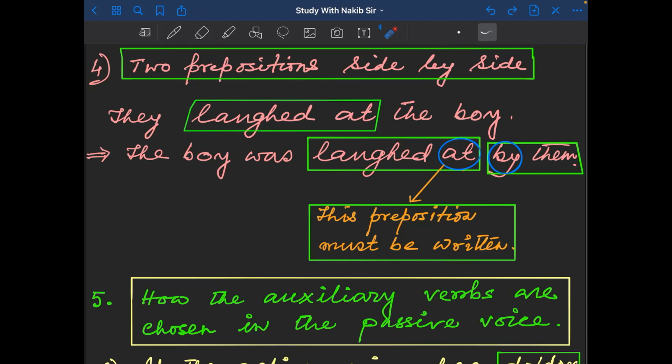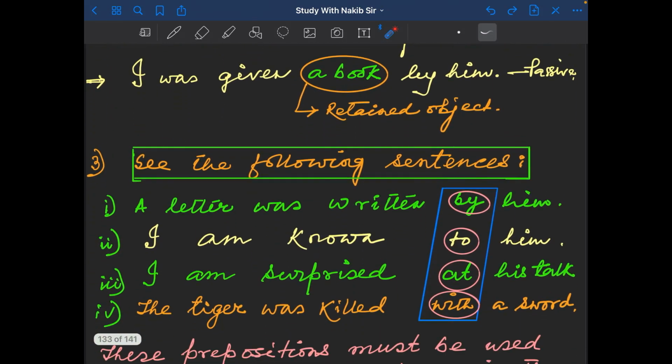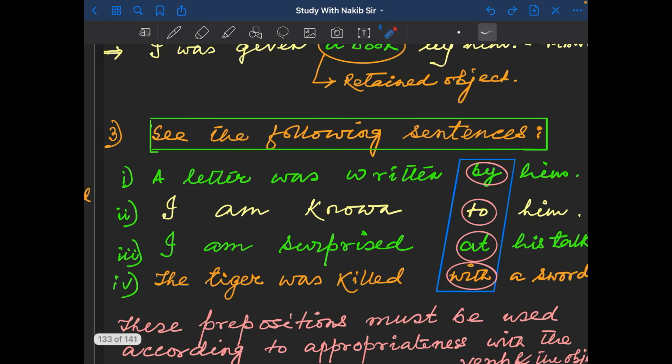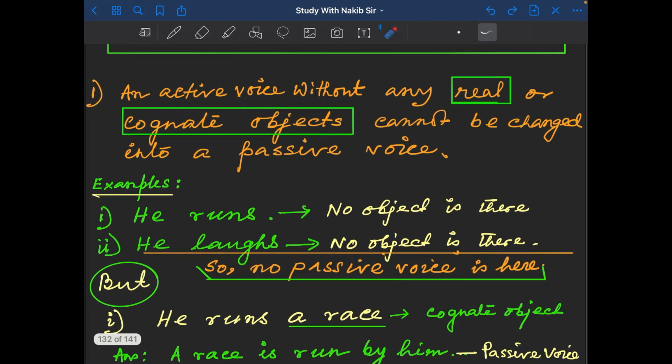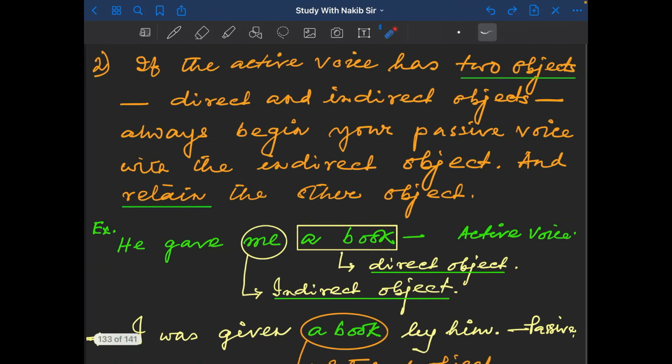One question and its answer you have got, and here you have got the answer with two objects and a retained object, and here you have got the question with different prepositions at the place of "by". Here you have got the question with different prepositions used before the object at the end in a passive voice. And at the beginning the question was whether every sentence can be changed into passive voice or not. Now see,